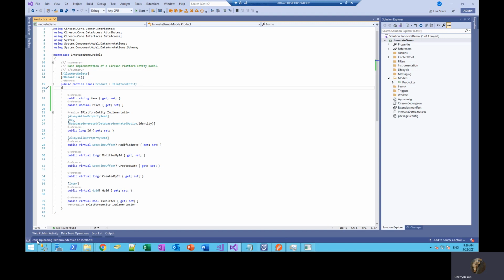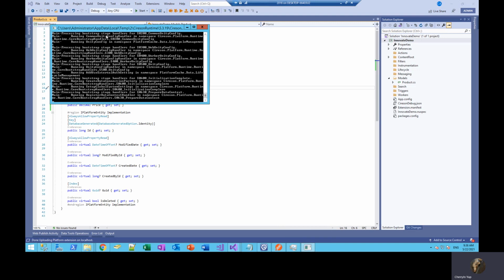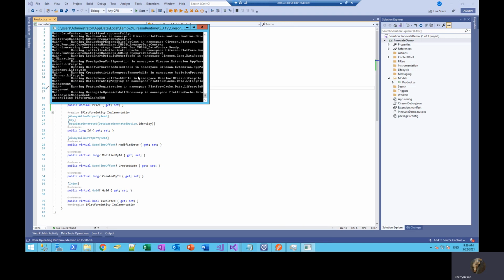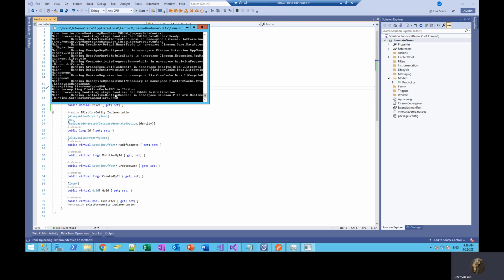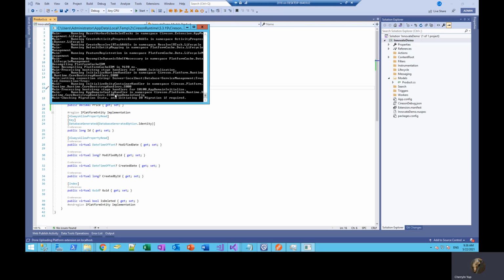Once we have that uploaded, it will display the status at the bottom. And we're just going to wait for the platform to restart. Right now it's recompiling the models because we've added one.